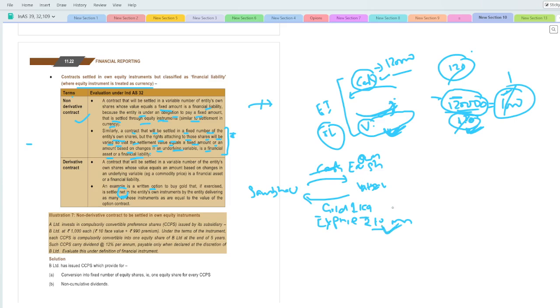अगर नेट सेटल होगा तो इसमें क्या होगा, अगर मार्केट प्राइस एट द टाइम ऑफ द मैच्योरिटी इसके ऊपर चला गया, मान लीजिए 11 मिलियन चला गया, तो संभव के लिए प्रॉफिटेबल होगा। बिकॉज संभव के पास राइट्स है कि वो 10 मिलियन में गोल्ड को परचेज कर सकता है। तो यहाँ पे जो प्रॉफिट आ रहा है 1 मिलियन का, तो 1 मिलियन के इक्विवेलेंट इक्विटी शेयर्स रहेगा। उस टाइम पे जो भी मार्केट प्राइस चल रहा होगा इक्विटी शेयर्स का, मान लीजिए अगर ये 100 चल रहा है, तो 1 मिलियन में नंबर ऑफ शेयर्स कितना आ जाएंगे,